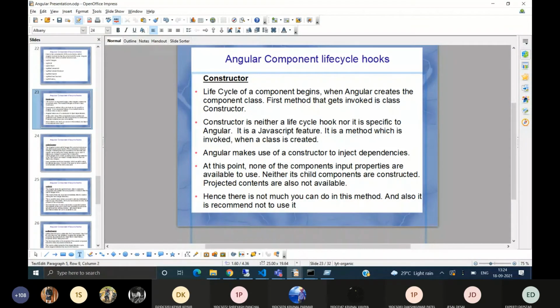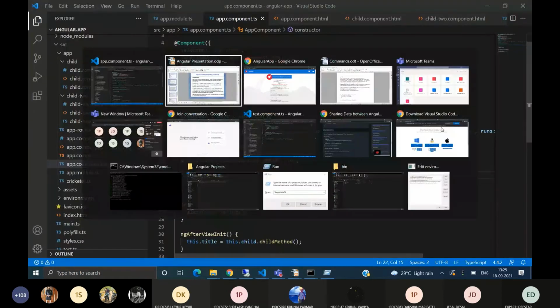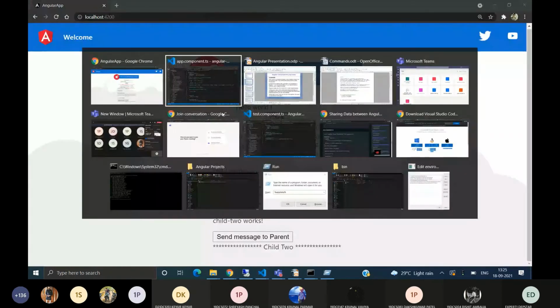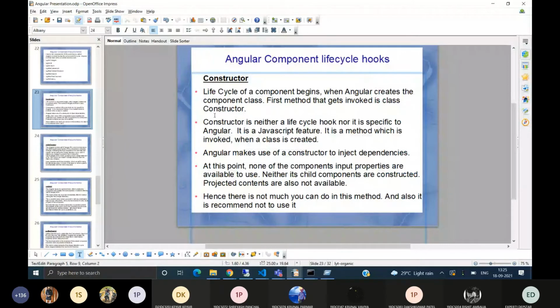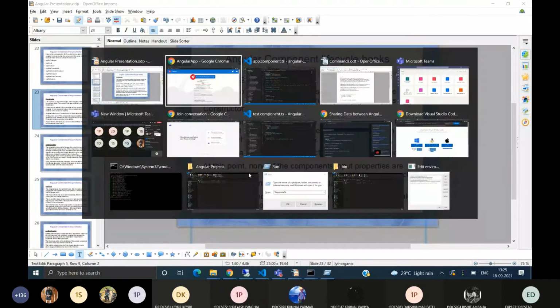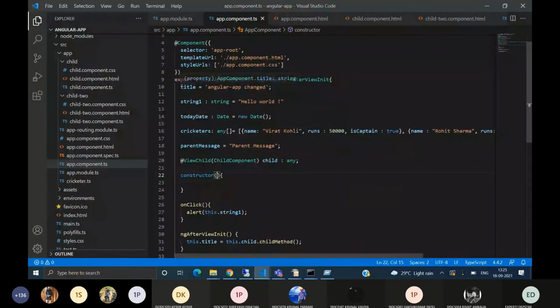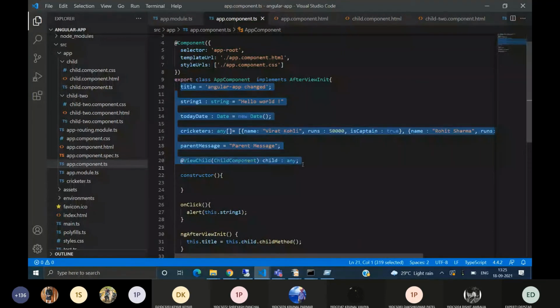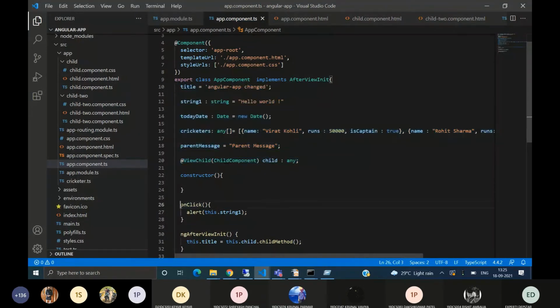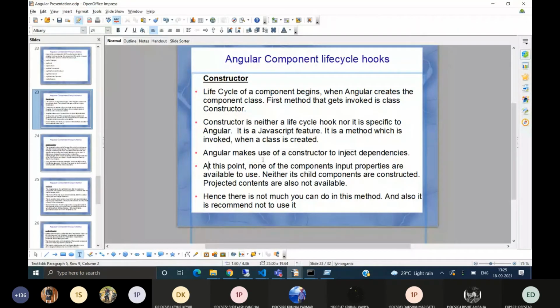At this point, none of the component's input properties are available to use. Neither are its child components constructed. Projected contents are also not available. So when Angular is loaded for the first time, a constructor is called first, and at this point none of the variables, properties, and methods are initialized.